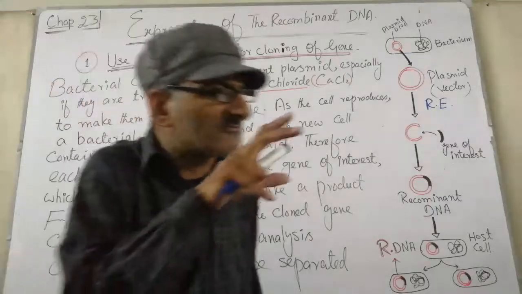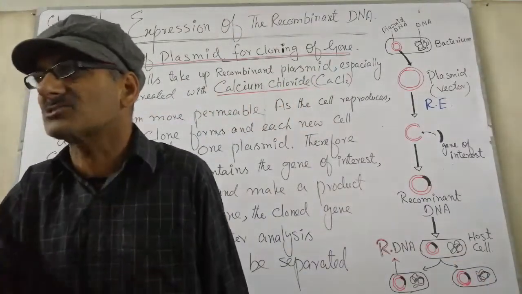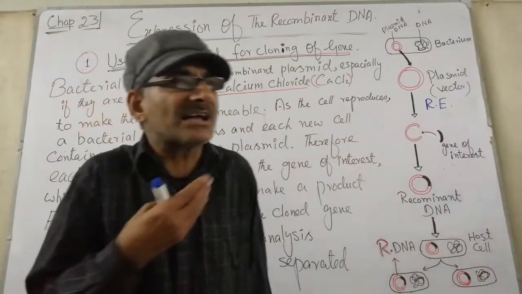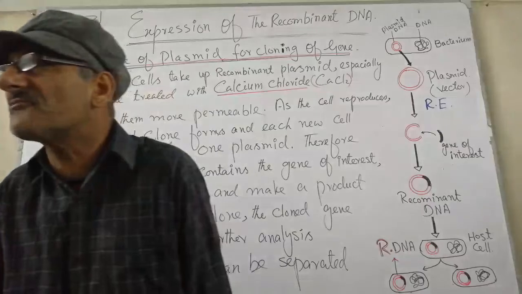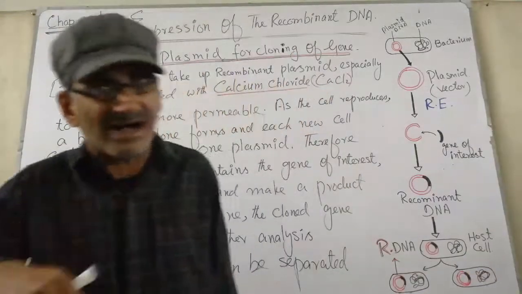And so, every recombinant DNA contains the gene of interest. And so, from the clone of the bacteria, we can isolate the gene of interest for further analysis, or this